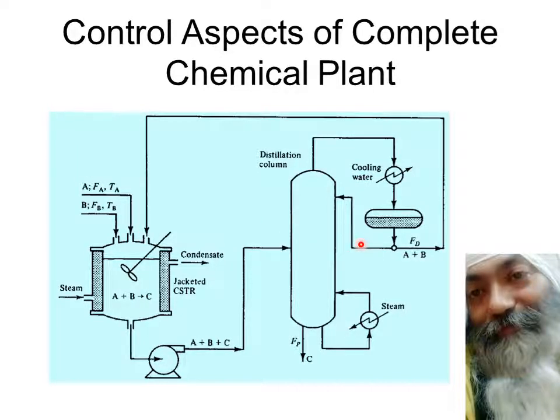And this A plus B, if it is not... it's determined by the process engineers that this should not go back in entirety to the CSTR, but part of it should go back to this distillation column, and that part of C needs to be extracted from this combination also, and contribute to the FP part, or it may affect the concentration of C also.